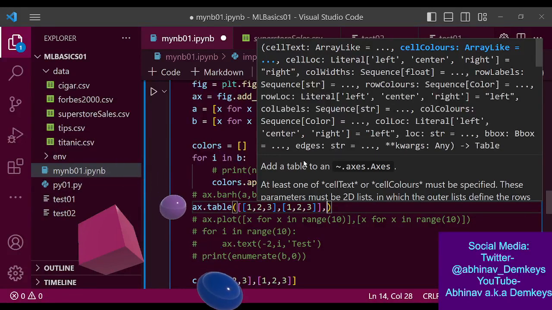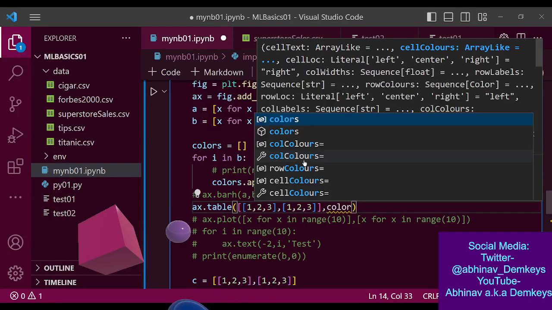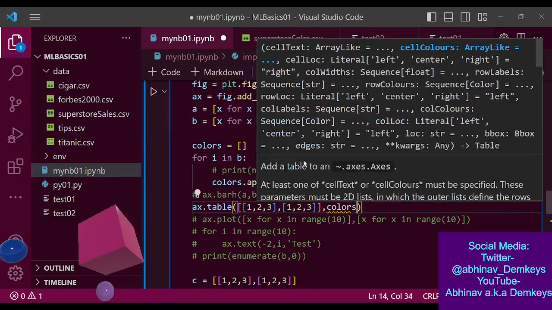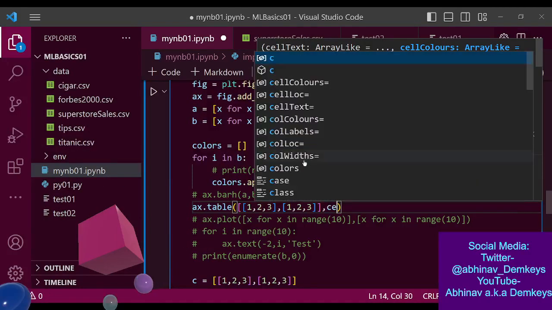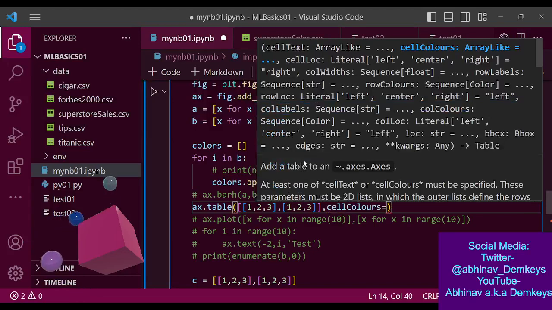What's the shape of the array? Okay, could I just provide it with, what is it, cell colors? Okay, cell colors. Could I just provide it with